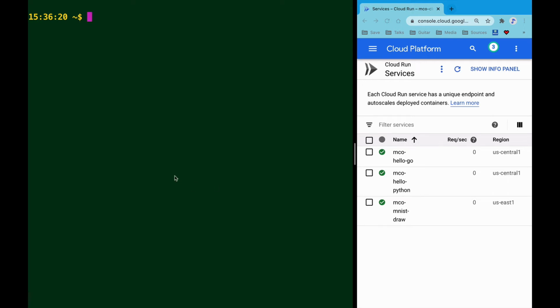I've got a very simple app here. It's kind of a hello world with a little extra something. I'll show you the source code,